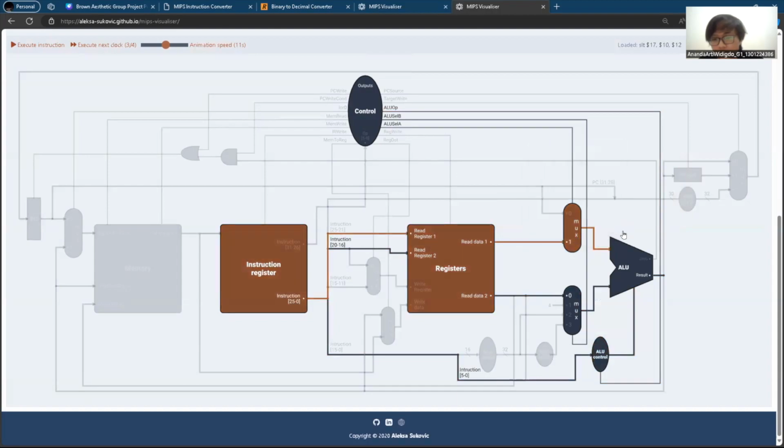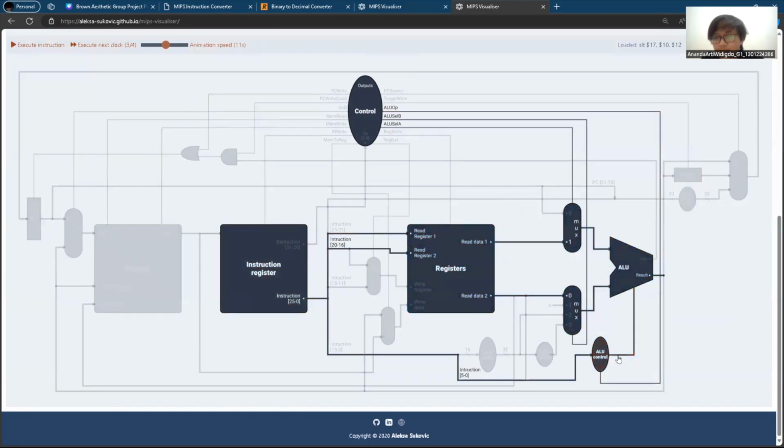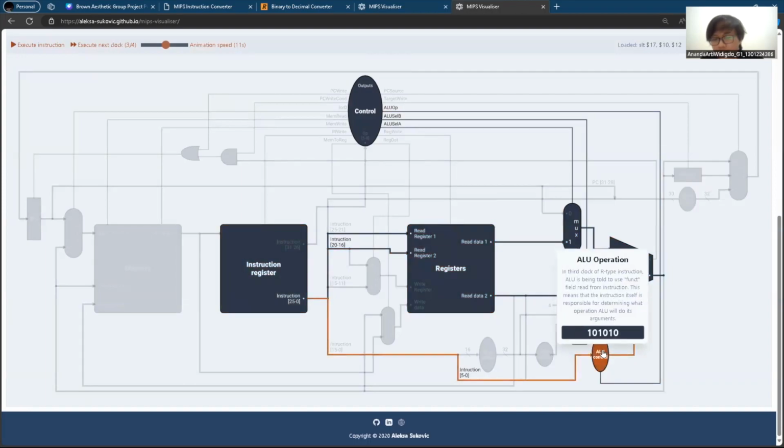So the ALU will perform a comparison of these two values, the RS and the RT, as ordered by this ALU control, which now contains the value 101010, which means it is asking for an SLT instruction.